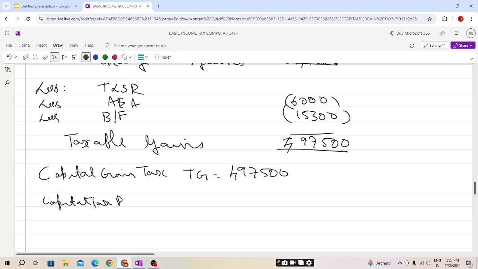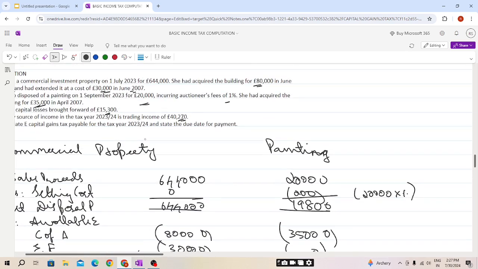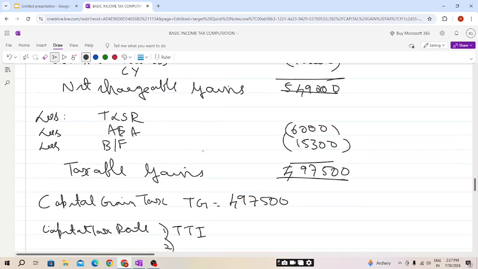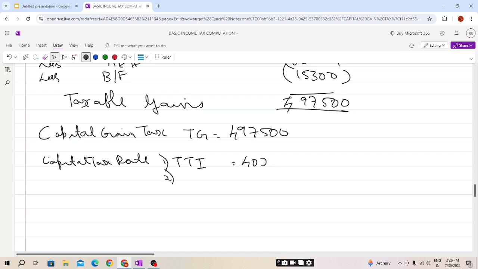gains tax rate. This will depend on the total taxable income, students. The total taxable income is mentioned in the question. They have mentioned the trading income is 40,270, and only trading income is the income source, students. So this will be 40,270 less the personal allowance, students, because the income is not more than 100,000 pounds. So PA will not be tapered. The total income will be the same, net income will be the same, and the taxable income will be, students, 40,270 less